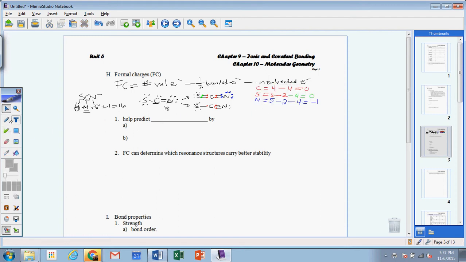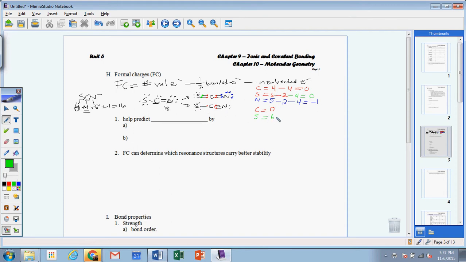Okay, let's do the same thing in the one below. So again, carbon had a formal charge of 0. It starts with 4. It's contributing 4. Let's do the sulfur again. We'll do this in green. So the sulfur